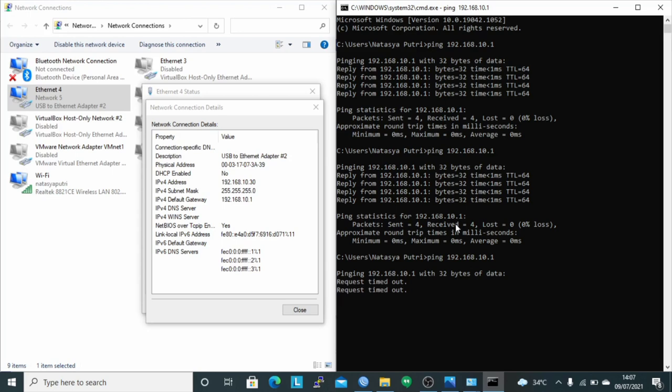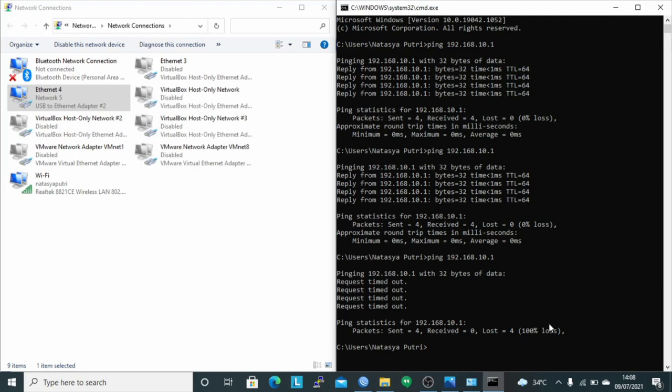Here, it can be seen that the result is RTO or request timeout, because the packet has been dropped for the IPs 192.168.10.26 until 192.168.10.36. And then configuration of dropping TCP packets.